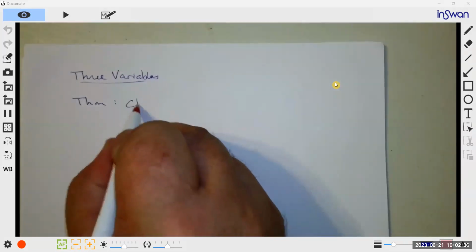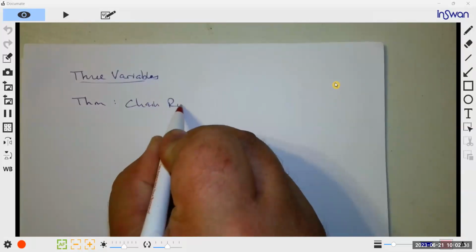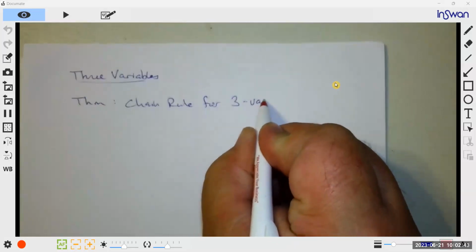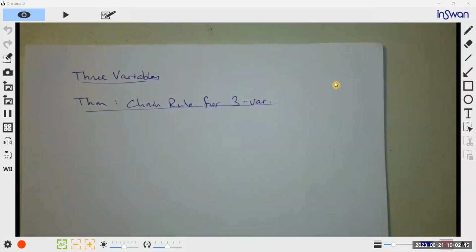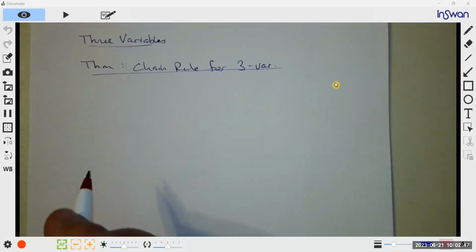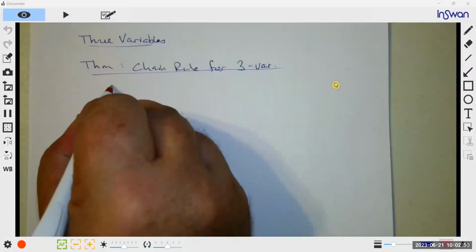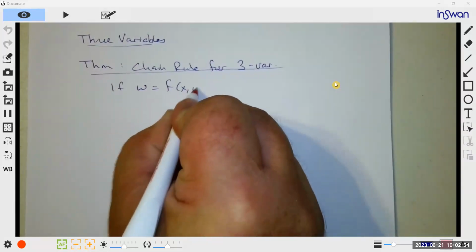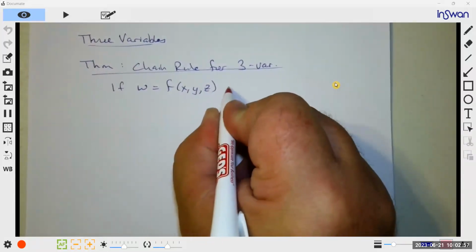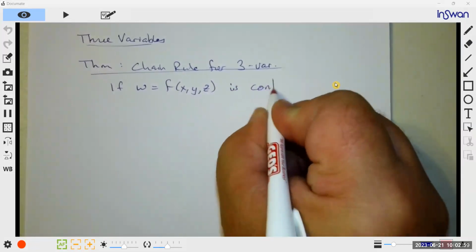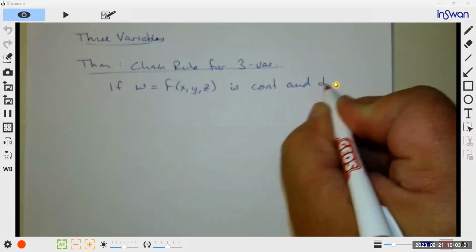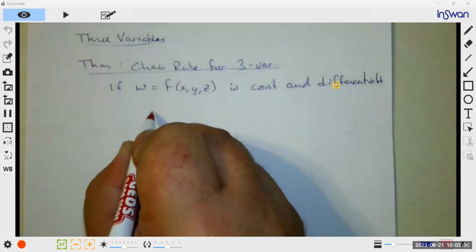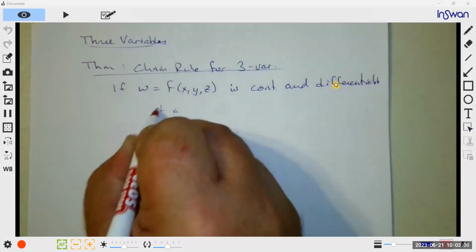This is the chain rule for 3 variables. All right, so if we have a function w made up of x, y, and z, that is continuous and differentiable on the domain,